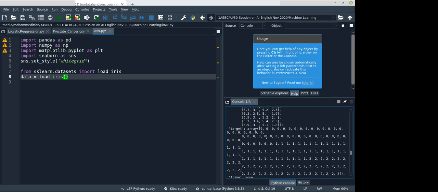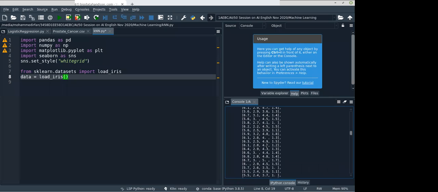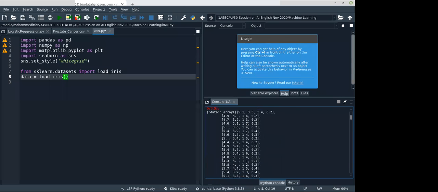So this is the target variable which we are going to predict. And here is the data. You can see we have four columns, right? In the four columns we'll have data for the four features. So the key is data.